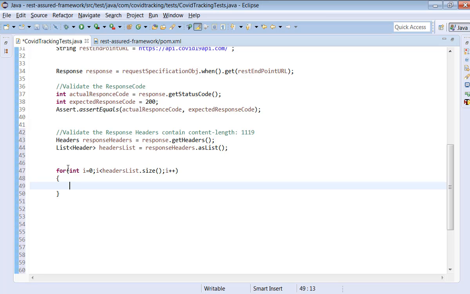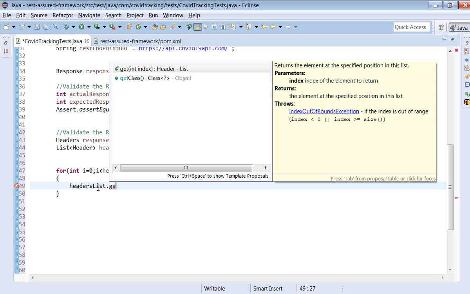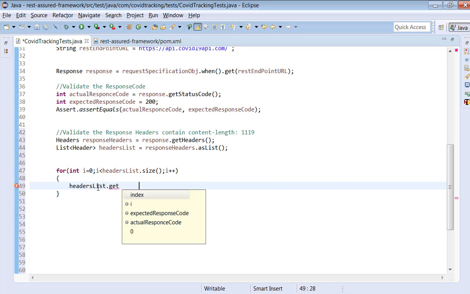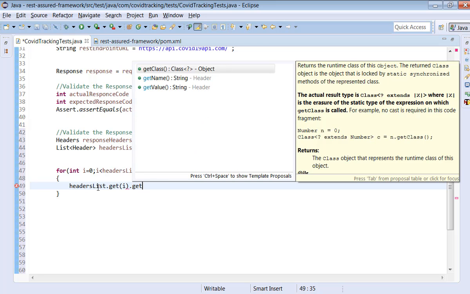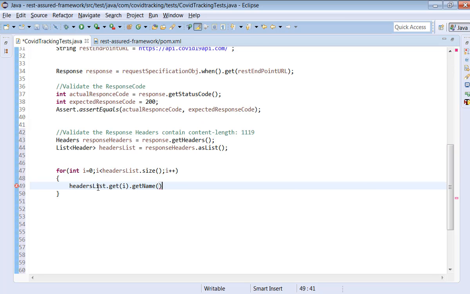Now we need to fetch the key and the value. The key here is content length, and the value is this. Let's print all the headers for understanding now. headersList dot get i dot getName, what is the key name, and headersList dot get i dot getValue.